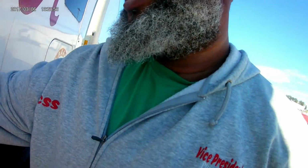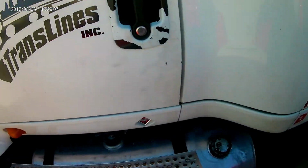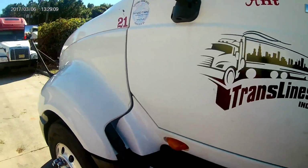So I guess we're gonna try to clean up some of this grease in here where they left. I got some of it off, but you can see marks right there. On the other side is just as bad. Grease spots right there that they left. So we're gonna just try to clean that up a little bit and get it looking about like something. But other than that,